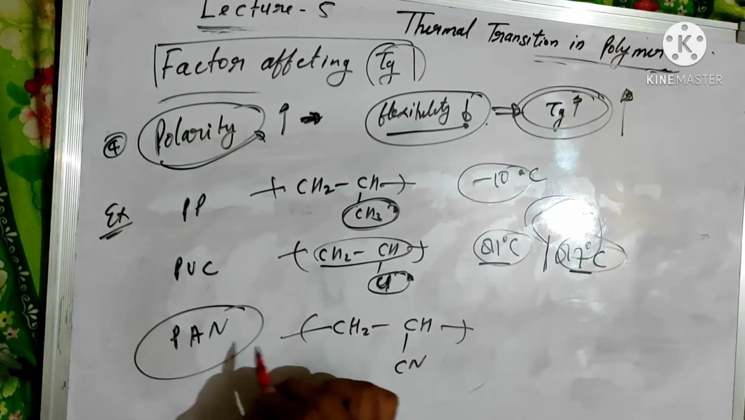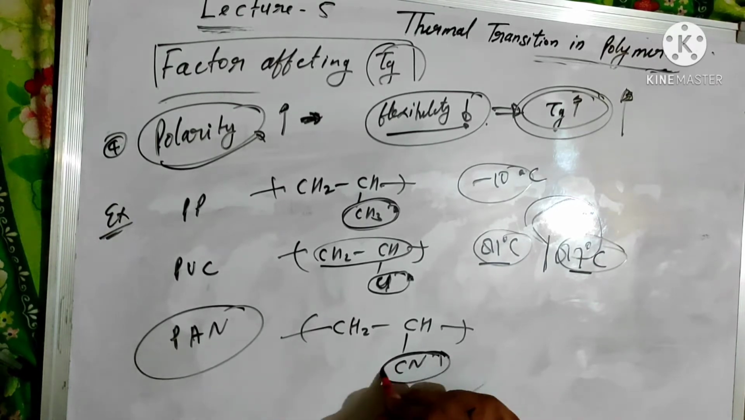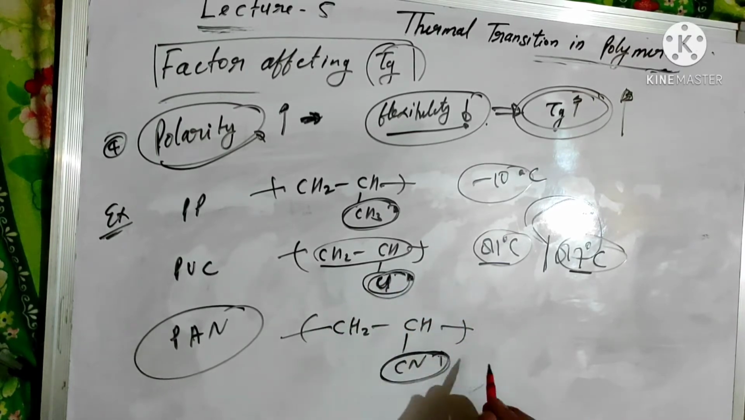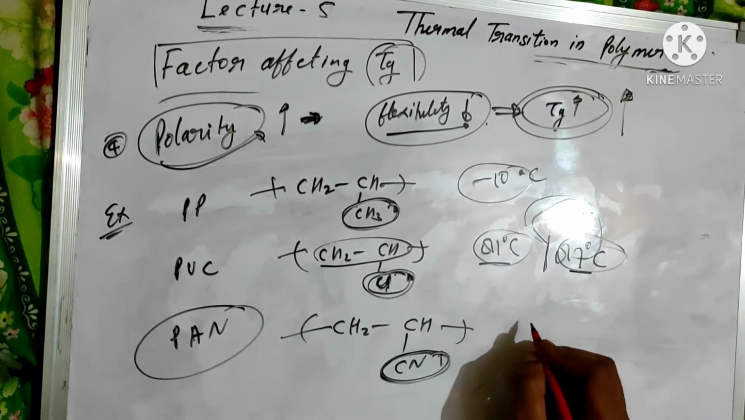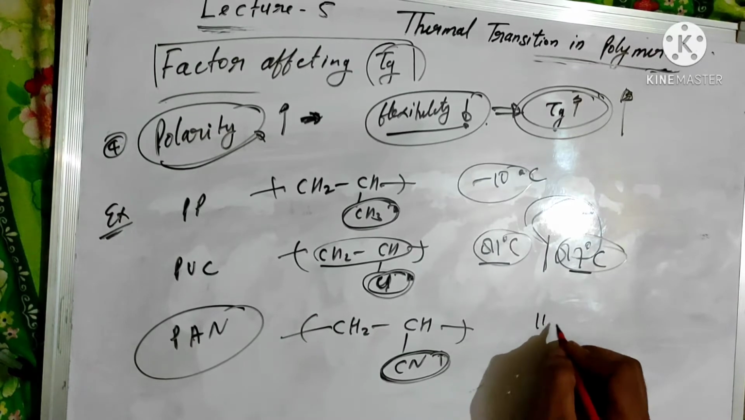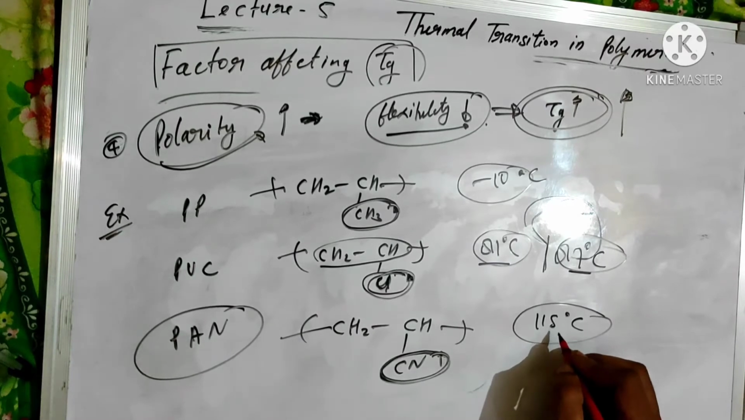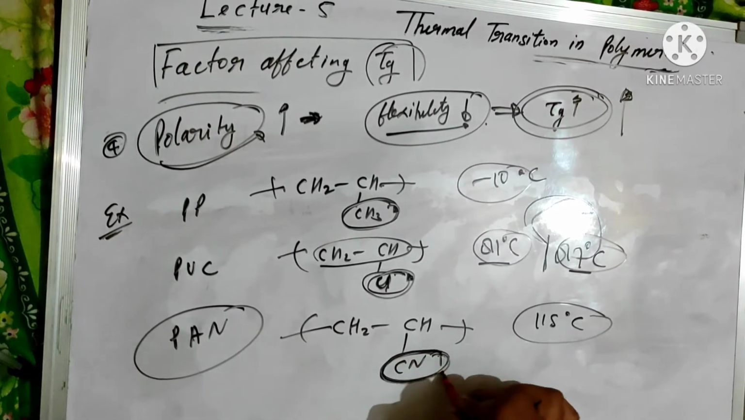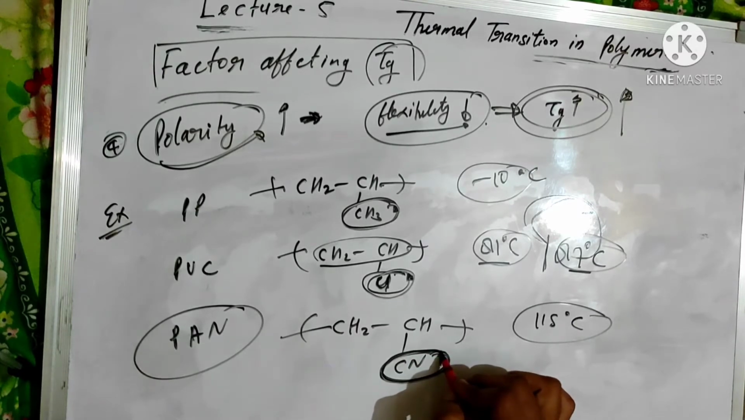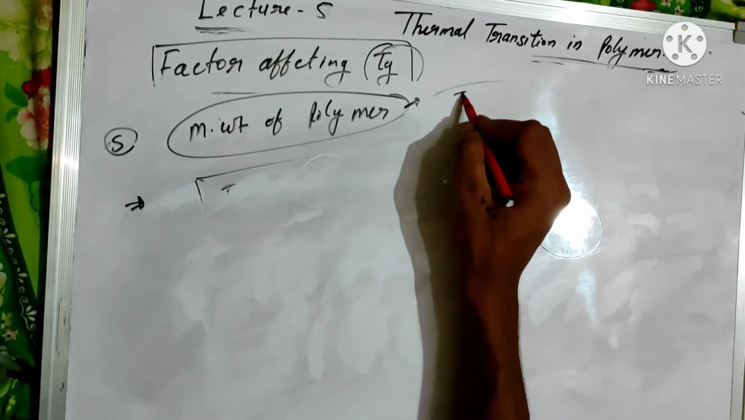Polyacrylonitrile, the CN group also comes under the polar atoms, and the polarity of the CN group is greater than chlorine. That's why the polarity effect of PAN is greater than PVC. So the glass transition temperature of PAN is around 115 degrees centigrade. You can see here, increasing the polarity of the atom, their glass transition temperature will also increase. The molecular weight of the polymer also affects the glass transition temperature of the polymer,